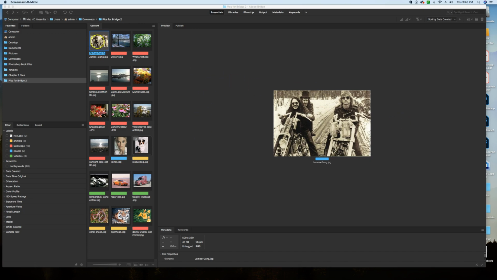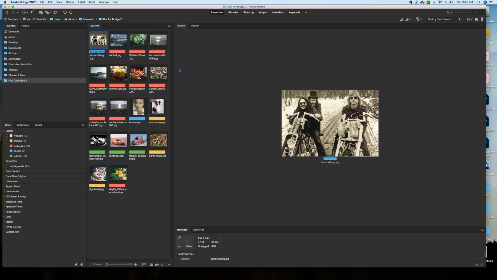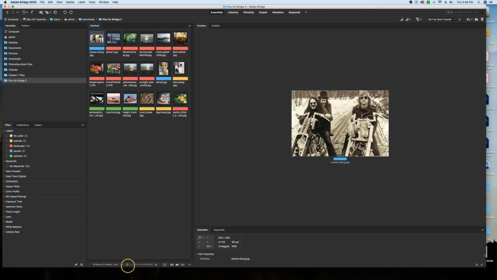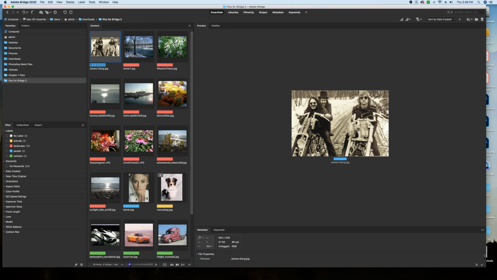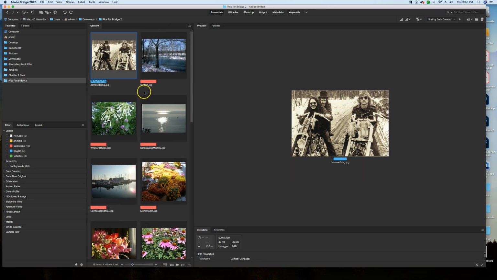Right now I have this James and Gang selected, and because my thumbnail is big enough, you can see that there are dots beneath it. Sometimes when your thumbnails are too small, you don't see those dots, but when you enlarge your thumbnails, you can definitely see them. So to apply a star rating, there's 3 simple ways. You can come up to the label and do it right here. I can click on 1 star through 5 stars, or I can use keyboard shortcuts, Command 1 for 1 star,